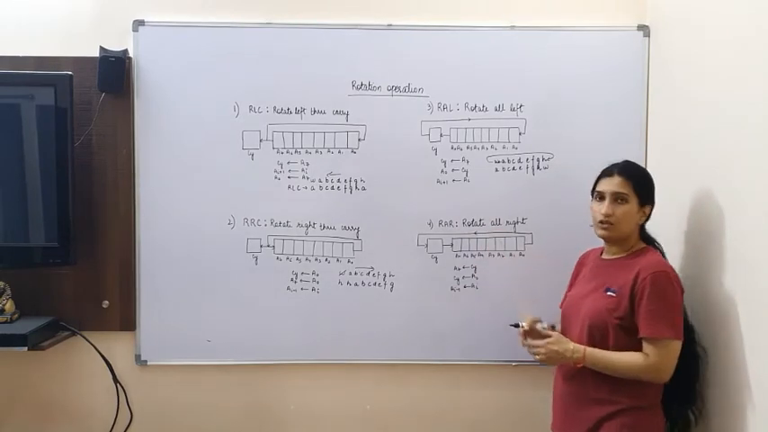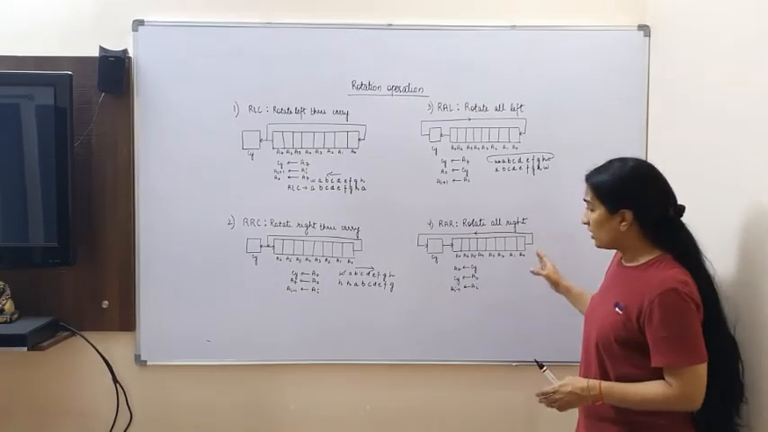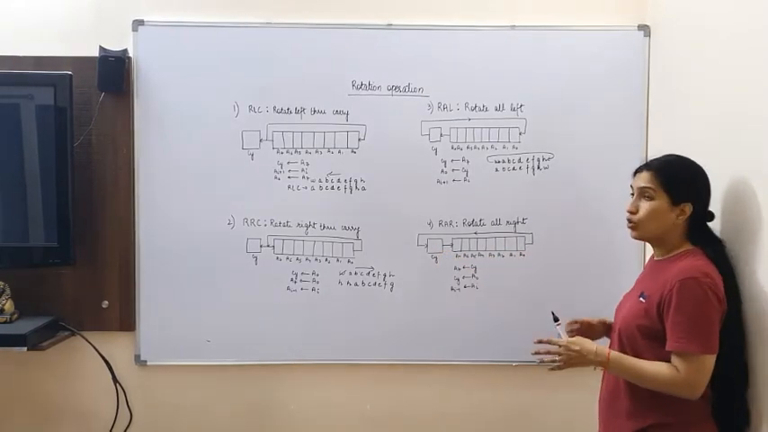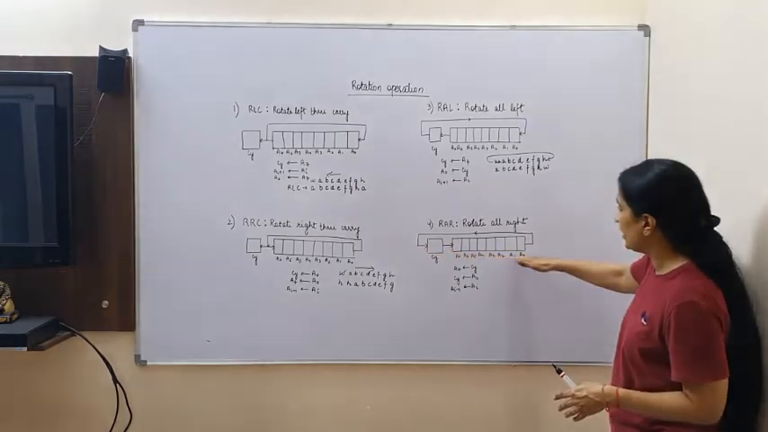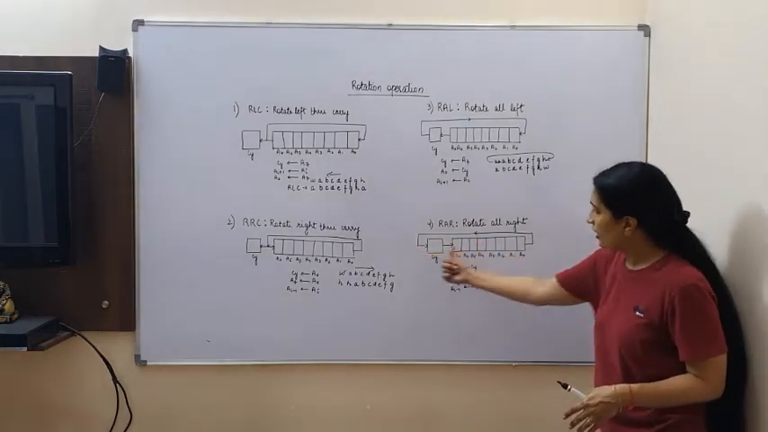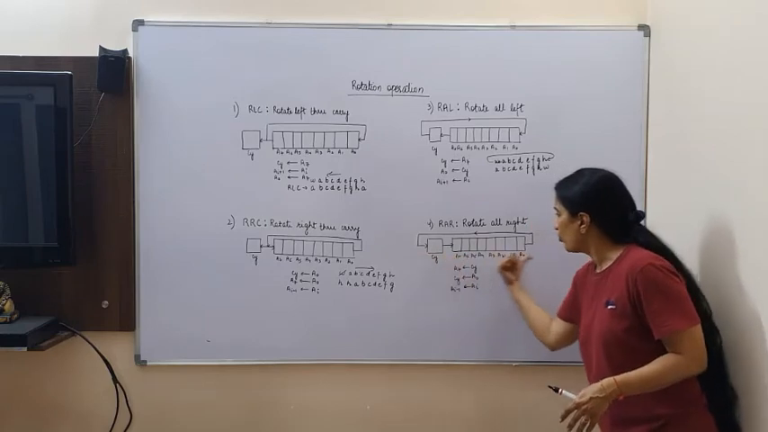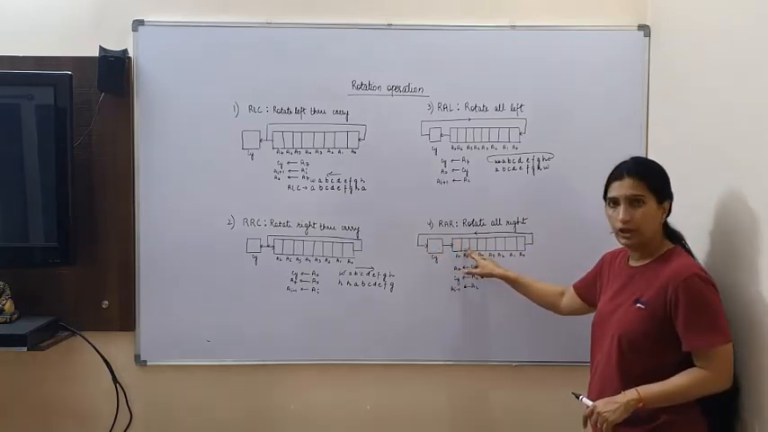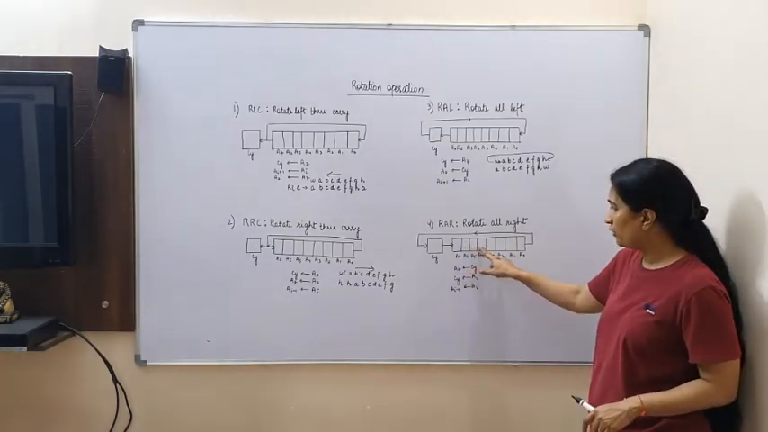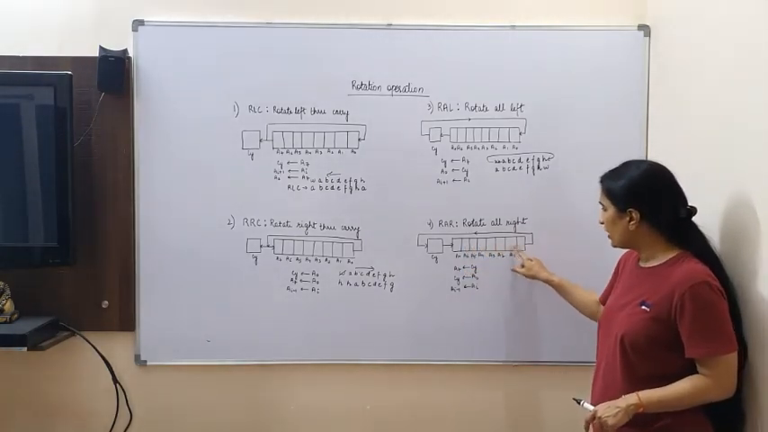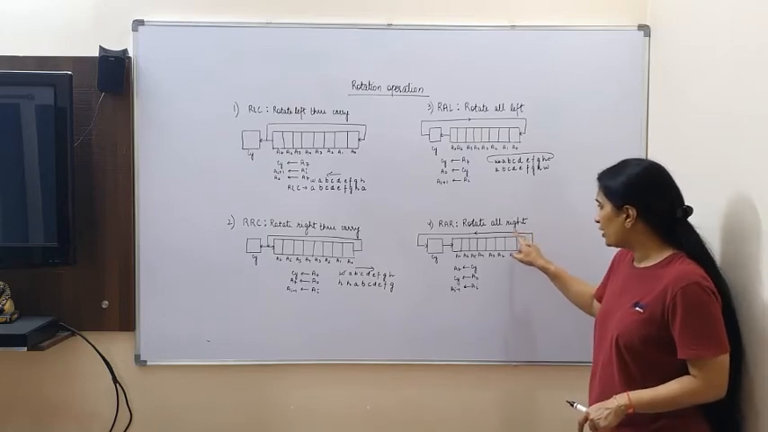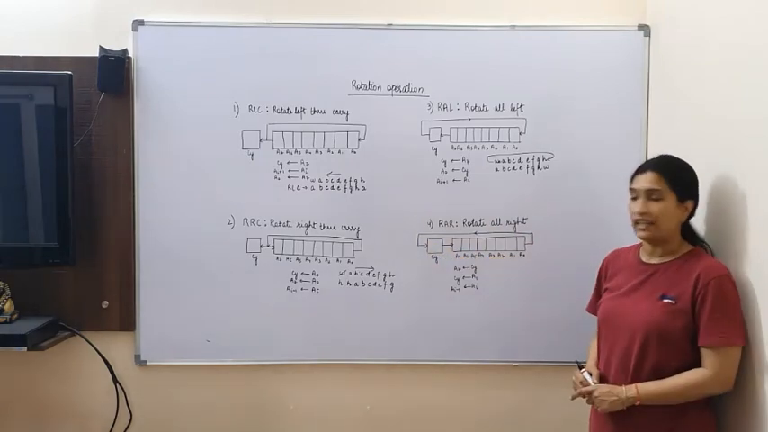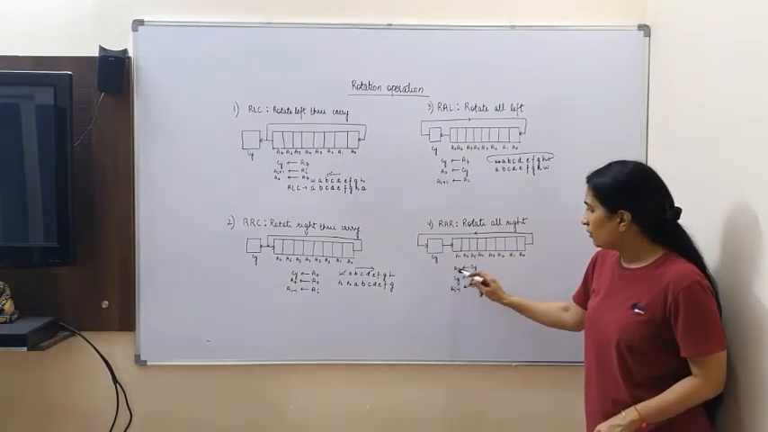Now, in this instruction RAR, the 9 bits, the 8 bits of the accumulator and the 1 bit of the carry, will move in the right direction. So what will happen? The carry bit will come into A7, A7 will go into A6, A6 into A5, A5 into A4, A2 into A1, A1 into A0, and A0 will go into carry. So carry will be moved to A7,